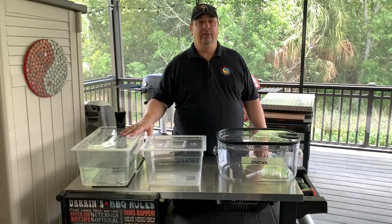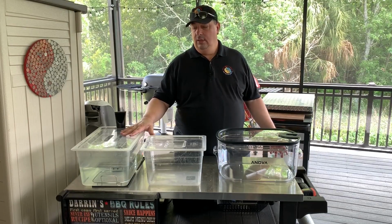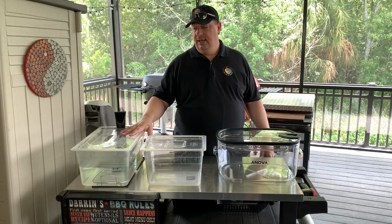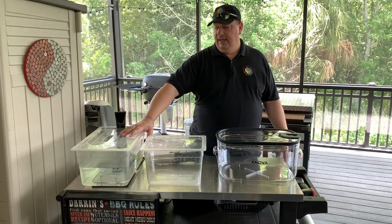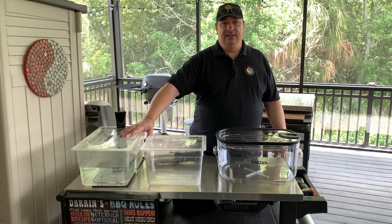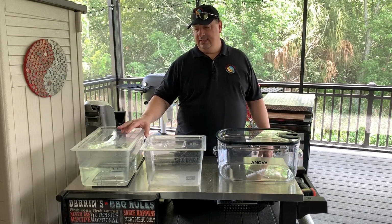Same thing, you're spending, let's just say this here was, I think, like $34 for both of these, the lid and the bottom. So 34 bucks. You had another 25 bucks for the rack in there, and there you go. You're up to 60, 65 bucks, almost 70 bucks. And still, it's not